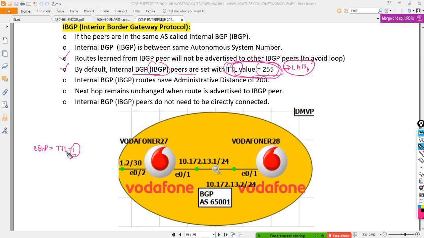Okay, I'll do a lab today and I'll show you, I'll talk about this point. Regarding the AD value, IBGP is going to be 200. 200 is a very high number. It's almost a bad AD value, because you have better AD values, right? So in the case of AD values, it's about trustworthiness. The lower the AD value, the more preferred the route is considered.